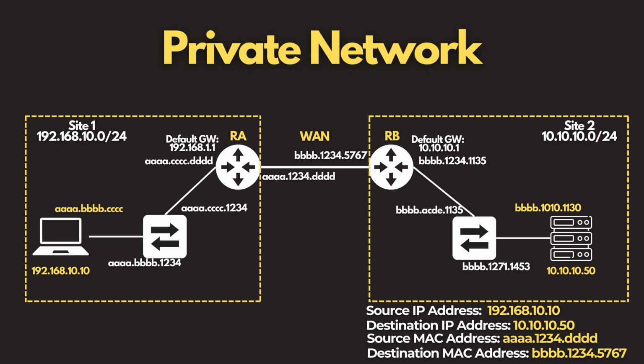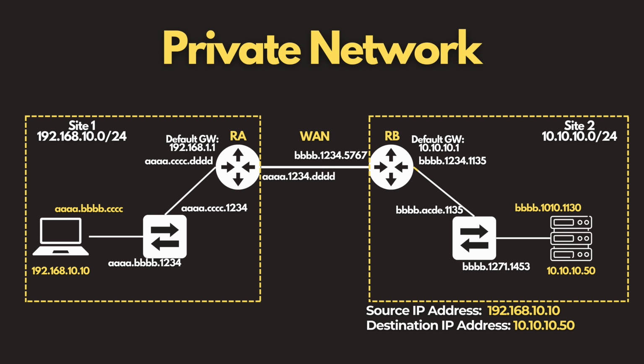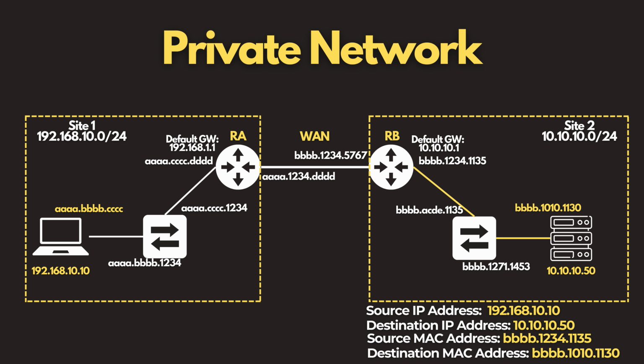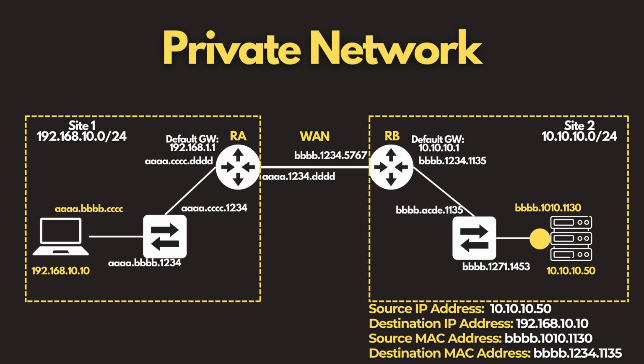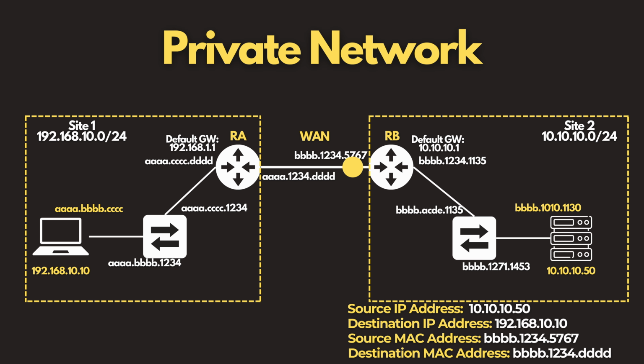After that, packet arrives in the next site in router B's WAN interface. Router B routes it to its LAN interface, changing the source and destination MAC address since it's another layer 2 segment. Source MAC address would be from router B's LAN interface, and destination MAC address would be the server's MAC address. Source and destination IPs would remain the same. Then traffic arrives at the destination. The reply from the destination will have the same flow. You just need to interchange the source and destination.